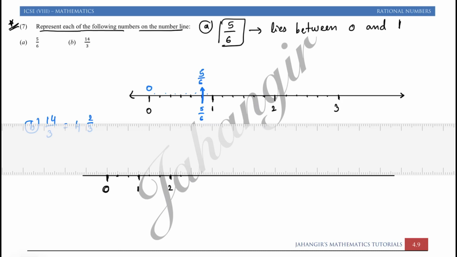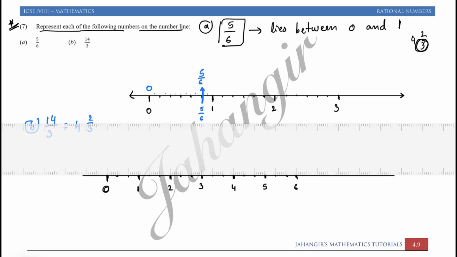Just check the denominator. We have 4 2 by 3. So we need to make 3 parts between each consecutive term. 1 by 3, 2 by 3 and again 3 by 3, that is 3. 1 by 3, 2 by 3, 4. 1, 2, 5. 1, 2, 3. Some extra stuff, that's all.